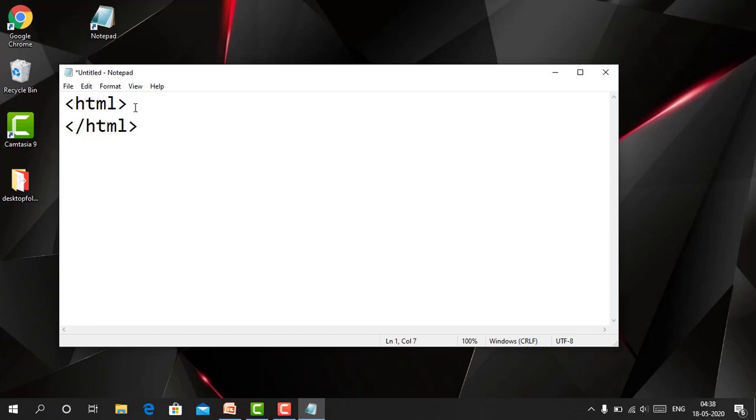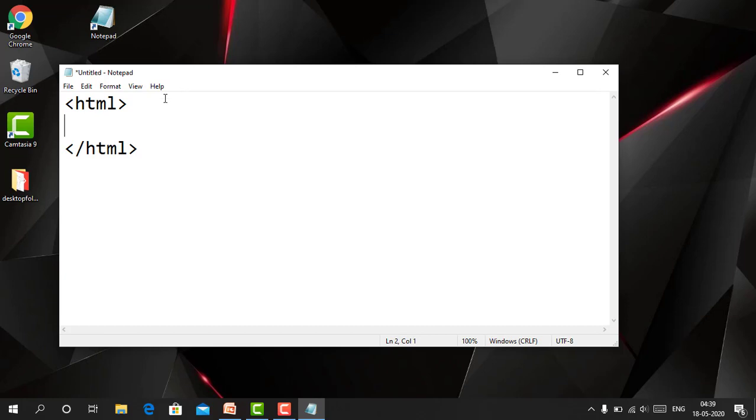All the coding and all the activities will be done inside this HTML tag. The HTML tag encloses the complete HTML document and mainly comprises the document header, which is represented by the head tag, and the document body, which is represented by the body tag.